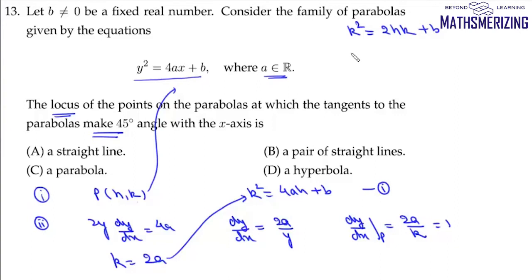So we'll get this equation as 2xy minus y square plus b equals 0. Now in the question it says b is unequal to 0. When b is unequal to 0, it means that it cannot be a pair of straight lines. And if we compare it with a standard second degree equation in x and y, then h square minus ab in this case will be simply 1 minus 0, which is 1, and it is greater than 0. That means this locus represents a hyperbola, and that's your option D.